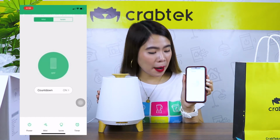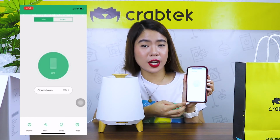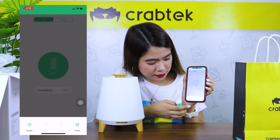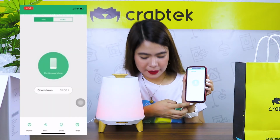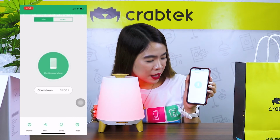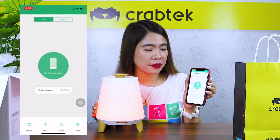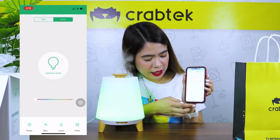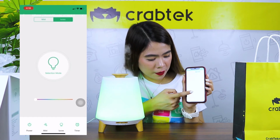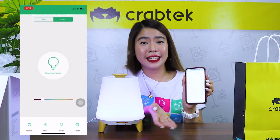Now, sa inyong Crabtek Home app, makikita nyo yung power button here to turn it off and on. Ayan. So, we were able now to turn it on. Now, meron din tayong way to change the color. Ayan. So, click nyo lang to, selection mode, cycle mode, and makakapag-select na kayo ng any color that you would